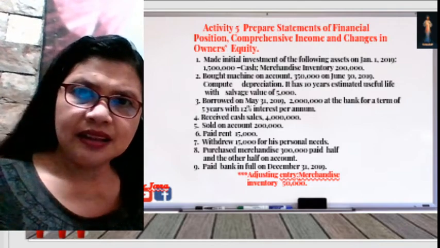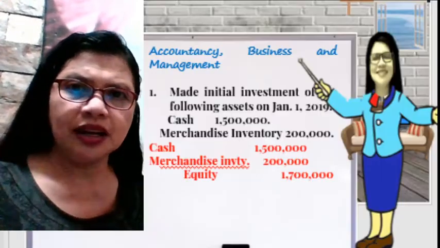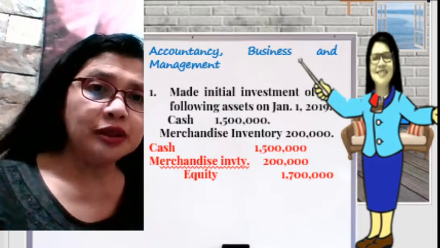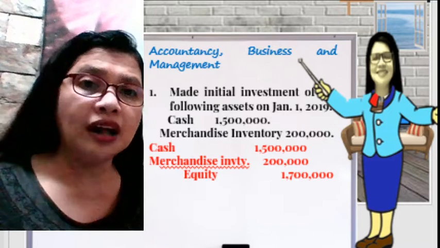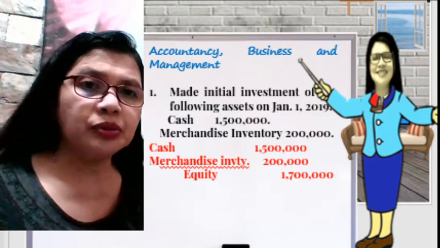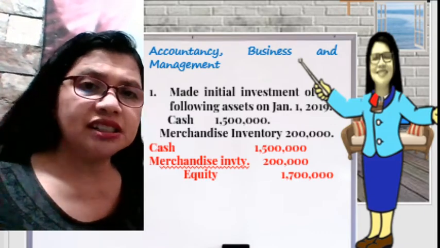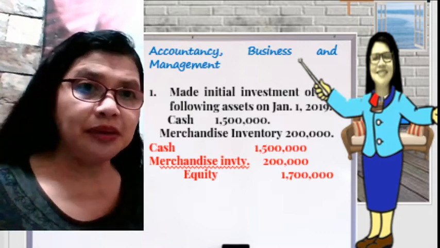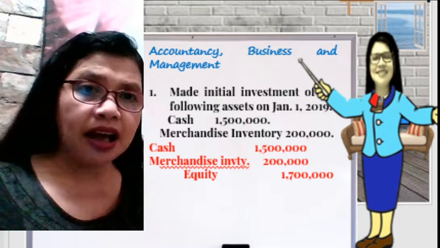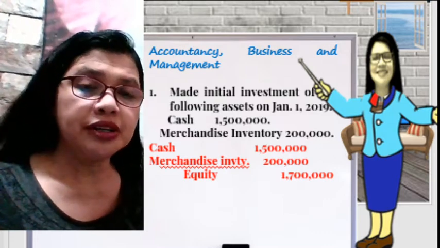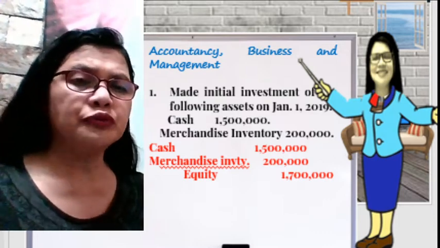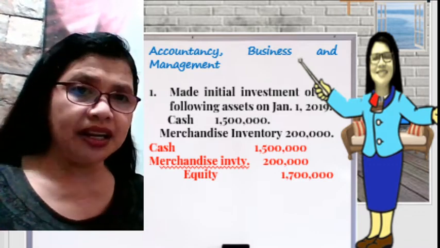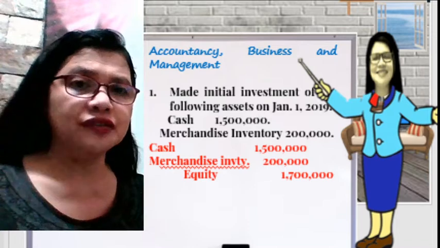Okay. The first problem is this one. Made initial investment of the following assets on January 1, 2019: cash 1,500,000, merchandise inventory 200,000. Of course, you have to debit your assets, which is cash and merchandise inventory. Where did we get these two forms of assets? From the equity contribution. So we credit the equity contribution of the owner,